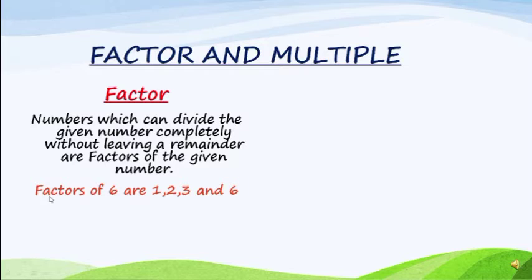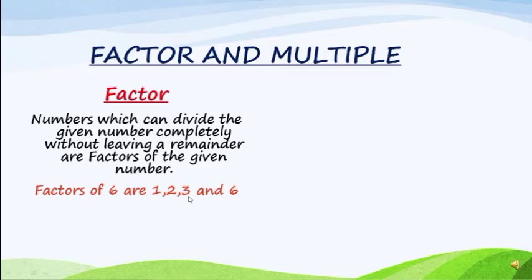See here, factors of 6. If I take the given number as 6, and I try to check which numbers 6 is divisible by, always think about division of a number starting from the smaller table numbers. Start from 1. Yes, every number is divisible by 1, so 1 is a factor of 6. Then the next table is 2. In the table of 2, 6 comes, so we can divide 6 by 2, and again 2 is considered a factor. Next table is 3.